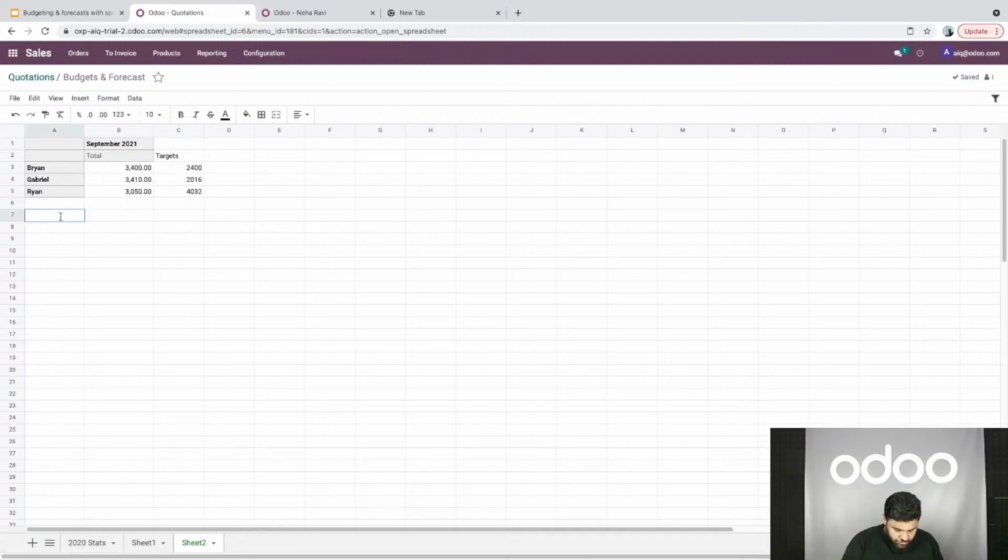So let's put it over here. Commissions. So the rules are simple. Whenever the revenue is greater than 100% of target, the multiplier is 0.2, and when the revenue is less than 100%, the multiplier would be 0.10. So now we have a multiplier set up over here. So we have a total, we have our targets. Let's put in our percentage